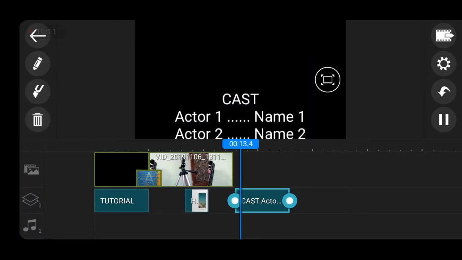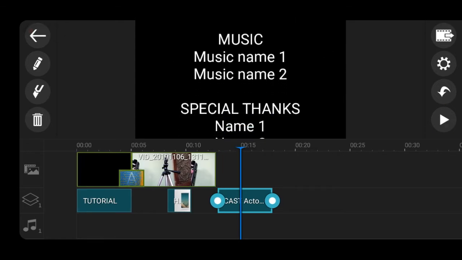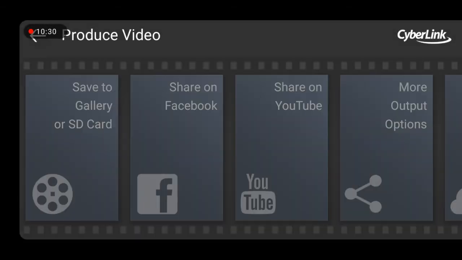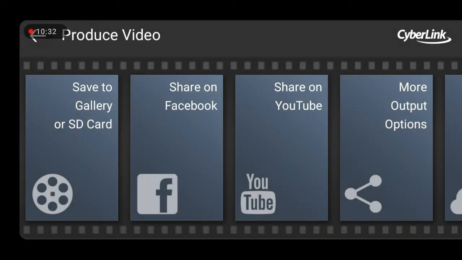So now on your right hand side, you can see the media image with an arrow pointing forward. You click on that and you save your project. When you save your project, you can click on that again and you produce your video. In producing your video, you may want to share it quickly on YouTube, on Facebook, or you may want to save